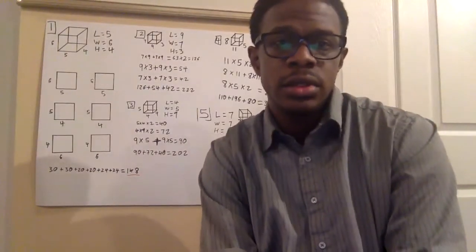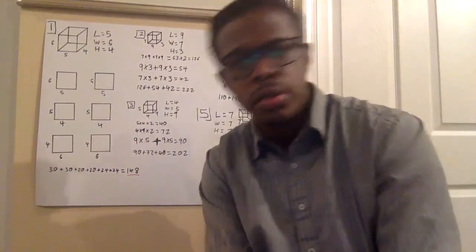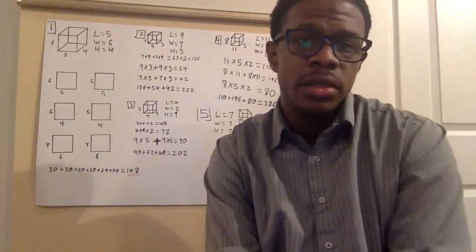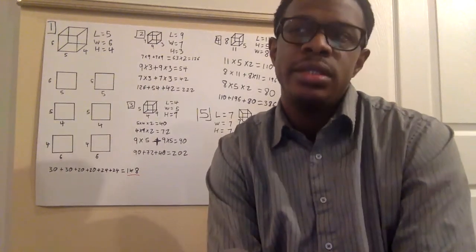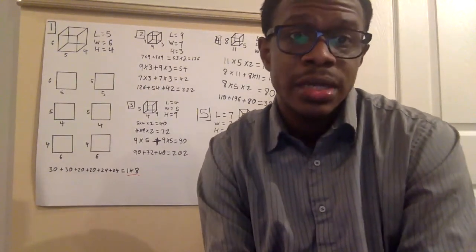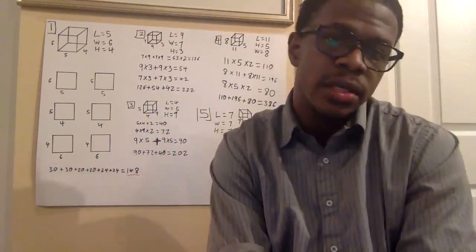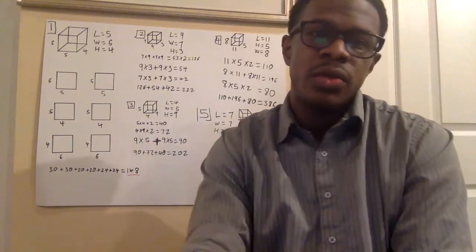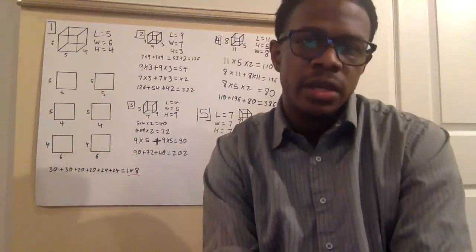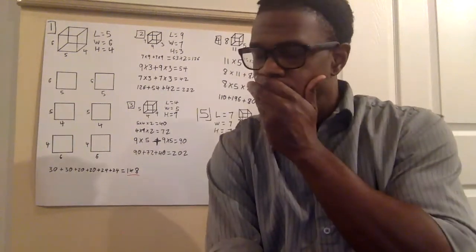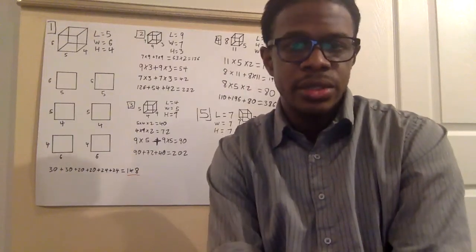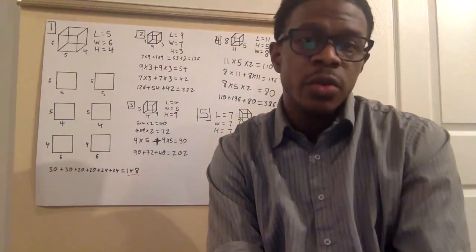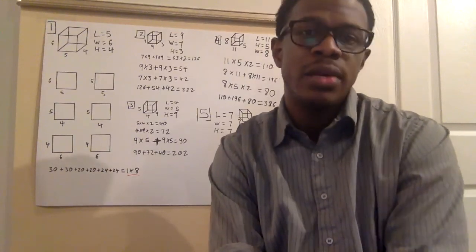Number 7, you should have the length of 15, width of 2, and the height of 7. Once you multiply that together, you should get an answer of 298. Number 8 is going to be a length of 6, a width of 12, and a height of 14. When you add them all together, you should get 648. Excuse me. And then number 9, you should have a length of 13, a width of 15, a height of 20. When you multiply them all together, you should get